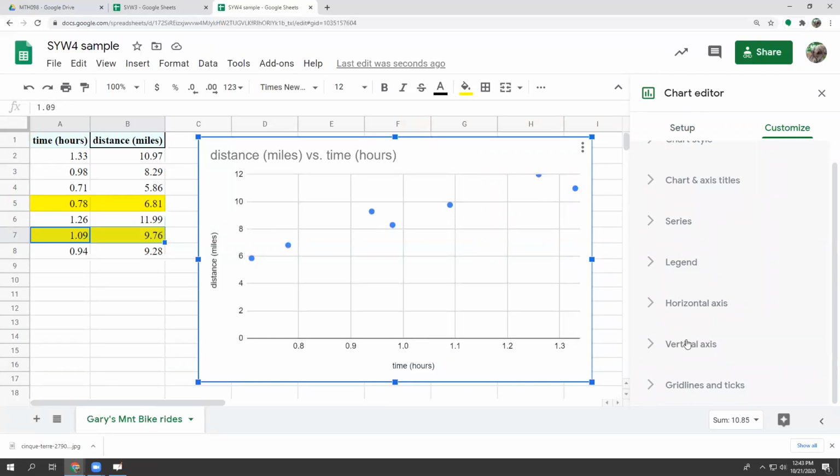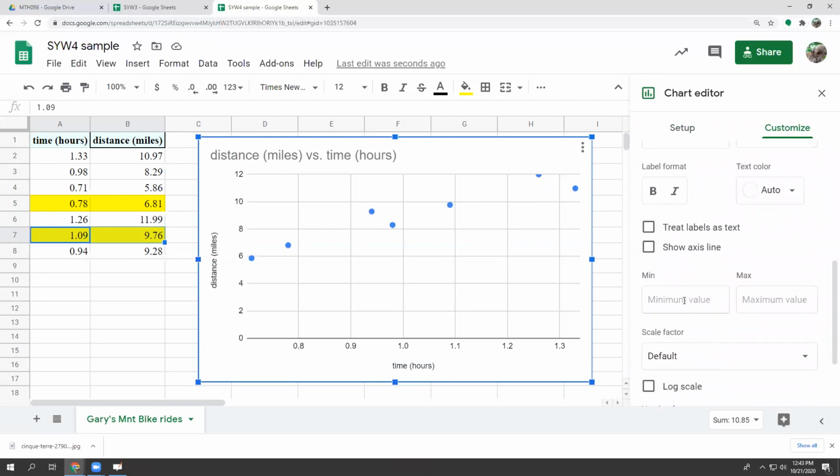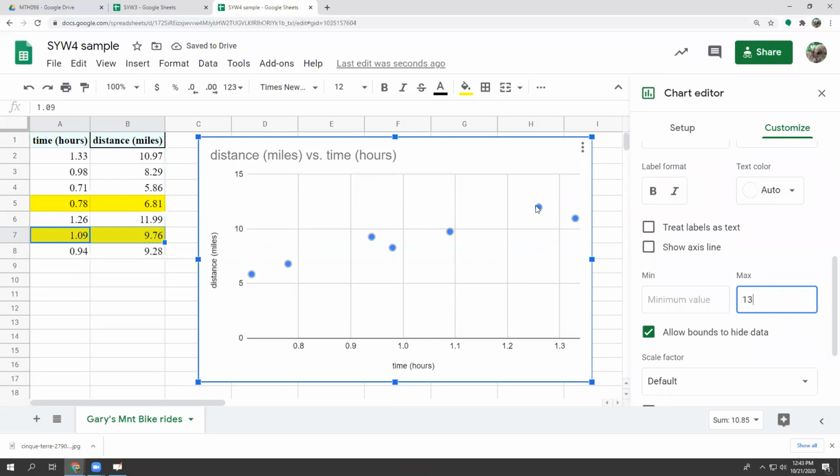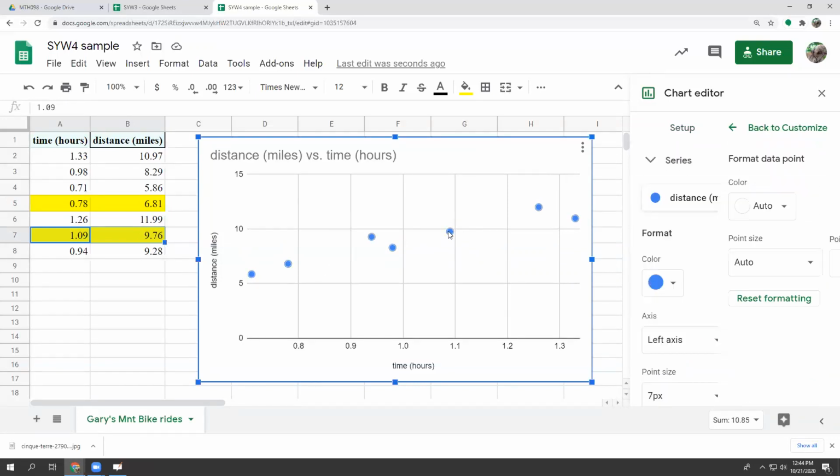So that would be the vertical axis. And the hard part is figuring out which menu to look at. I just need a bigger max than 12, so that's not cut off. So maybe I could set the max to 13, and now I can see that point up there. Okay, so that looks a little better. So again, I'm picking this second point on the graph. Now these numbers aren't in order, so it's not the second point in the table. Keep that in mind, super important. And then I pick this, which is the 5th point on the graph, which ends up being the second to the last point in the table. So I had to know which point is which when I pick them.